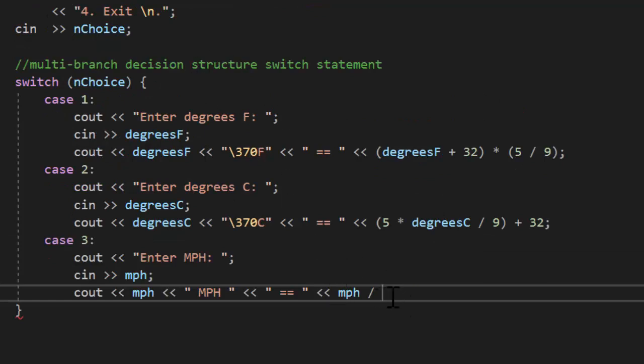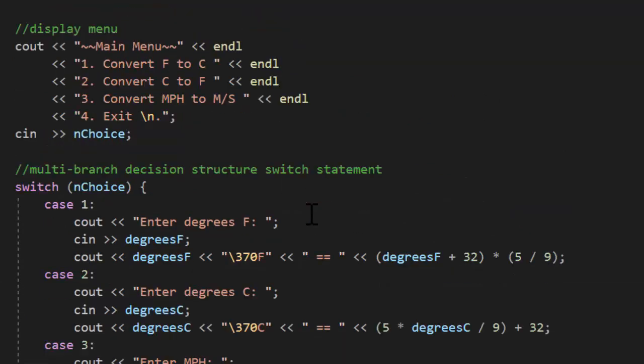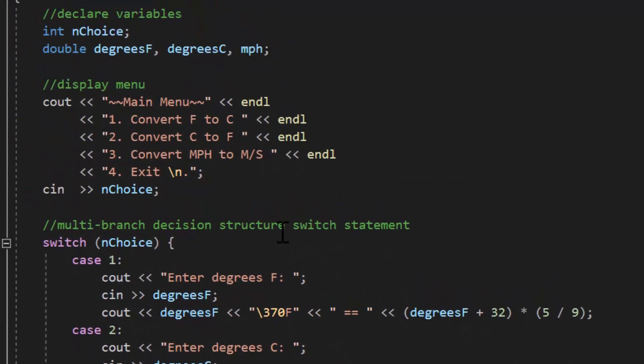In this case, you can kind of tell, but if you can be more descriptive, then you should, or more